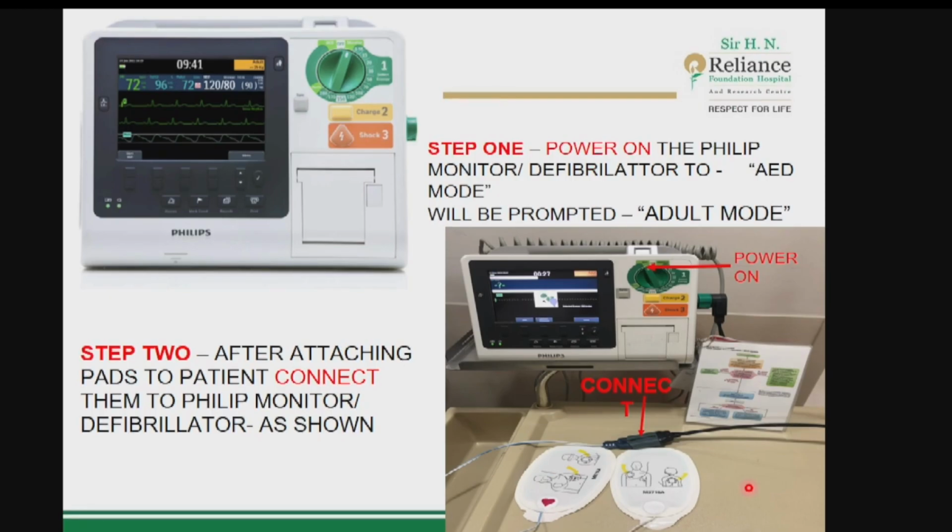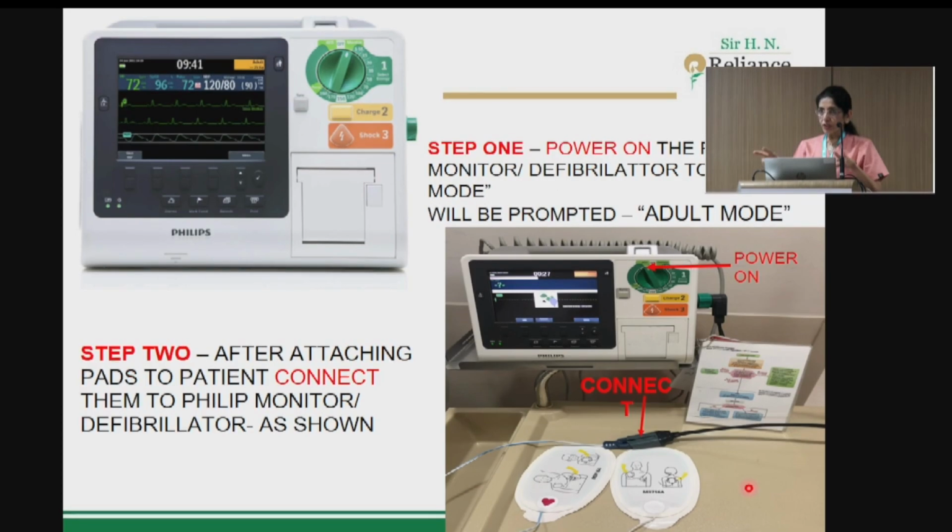Once the shock is delivered, switch the roles. When the rhythm is being analyzed, you switch the roles, because after giving compressions for 2 minutes, the person who's giving the compression will get tired. So at that time, when the AED is analyzing the rhythm, switch the roles, go to the head end. The head end person will come to the chest for giving chest compression. Switch the roles and start with the CPR without wasting much time.